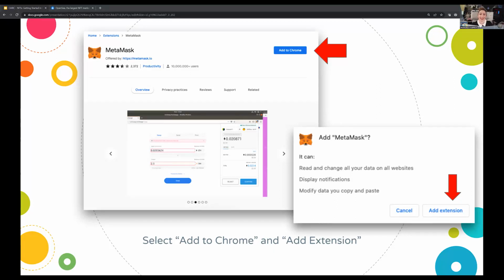What this really means is that it will be able to carry over your login information whenever you are on a website that allows you to use your MetaMask wallet. So go ahead and add the extension. It's not going to try to read your information. It just means that it can identify when something can connect with a MetaMask wallet and allow for that to happen. So you'll go to add to Chrome, and you'll say add extension.